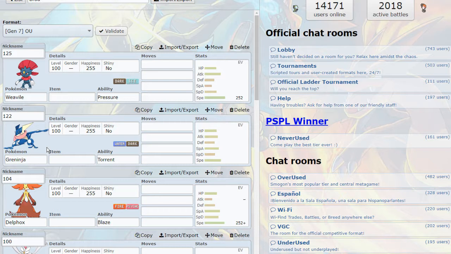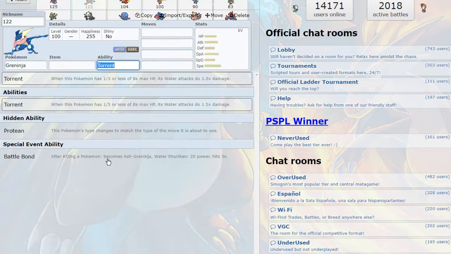Even Matt's Cryogonal, not even especially defensive, walled it. But I don't know, it got a nerf. I'm not using it, so I don't really have to complain. I complain a little bit because I would have kept it over keeping Cresselia if it didn't get nerfed. But yeah, Greninja, it's Protean,